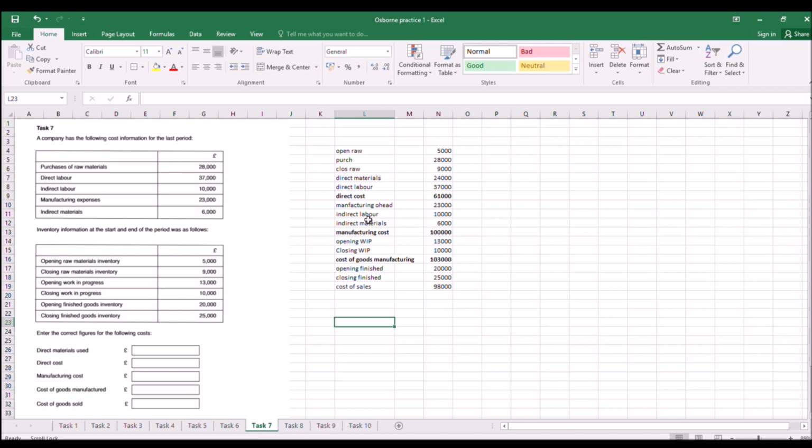If you missed one, I was half tempted to jump in there, the manufacturing cost being the direct cost plus the manufacturing overheads, without dropping in these extra ones that I just scanned through and saw as I was going along the way. I think the trick here was these two very unusual ones being put in there, and if you didn't do it in a nice table, that would be wrong, and then all the other ones would fall apart as well. But I thought that was very good reflective of exam technique and what would be required actually in the exam. The actual question itself wasn't that hard, but the way in which it was laid out